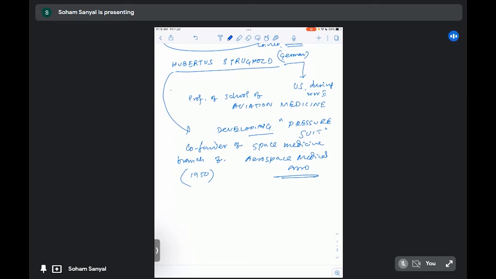Now coming to the questions that may come for you: what are the things that we have to know regarding space physiology. First of all, we have to identify that there are certain physiological changes if we are exposed to microgravity. So what microgravity changes can happen? It can change the CNS, because a lot of things in our body are determined by gravity. If we look at the cardiovascular system, the venous return, the venous pooling of blood to the lower limbs,